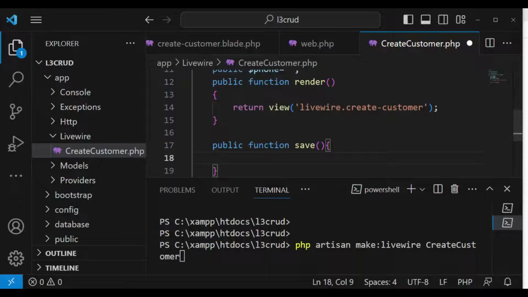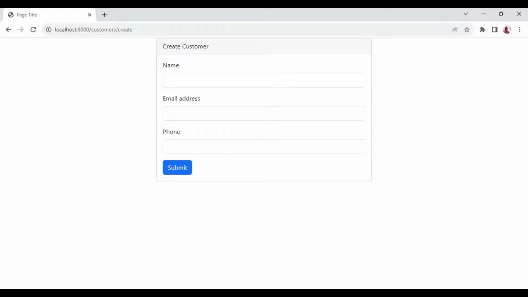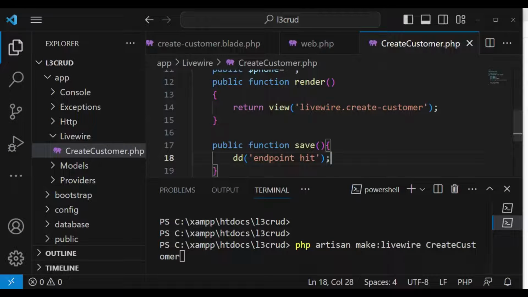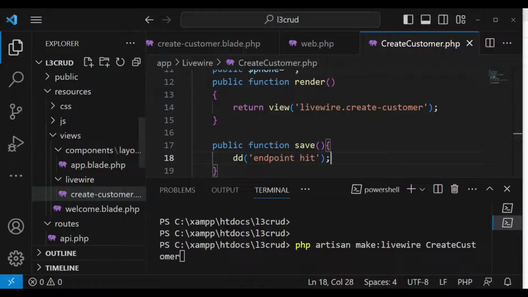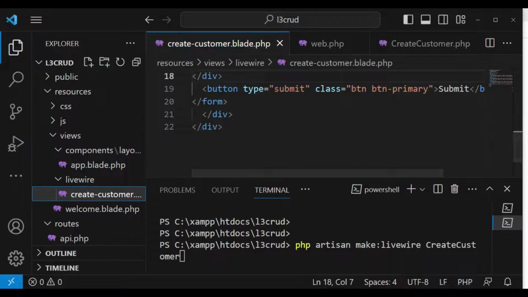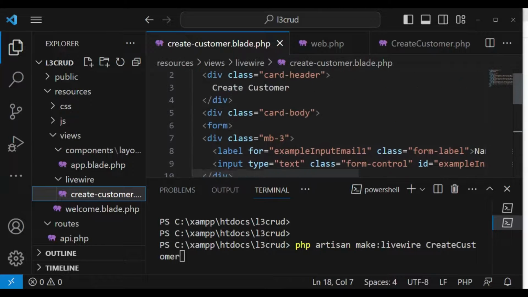And inside this function, maybe for now we can say dd endpoint hit, if we are able to hit that endpoint. Now for us to be able to submit our form, we will just need to have the click handler that will be able to work with our create customer form. So in this case, we have the submit button with a type of submit, and inside this